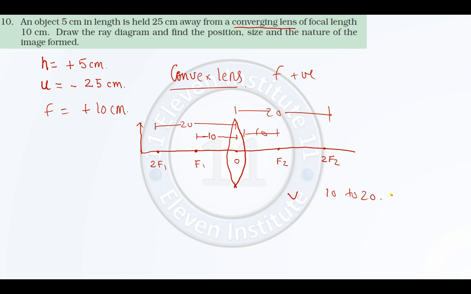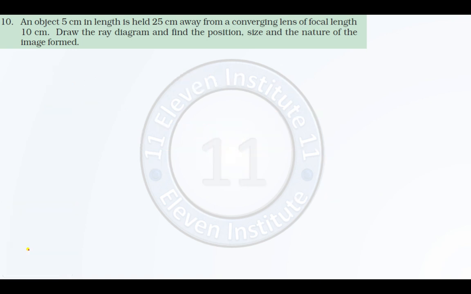This is previously fixed, right? You should keep this habit. Before solving the sum, you should have a bit hazy picture. Fine. You should have some conclusion driven path, right? So let us see the solution. Let us first of all write whatever is given to us. Object distance u is given to us, object height h is given to us. Forget this, right? 5 centimeter, f is plus 10 centimeter.